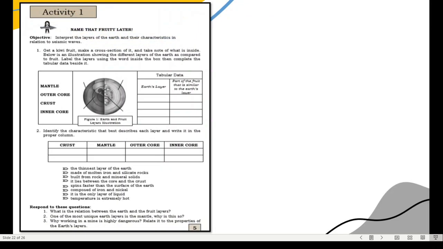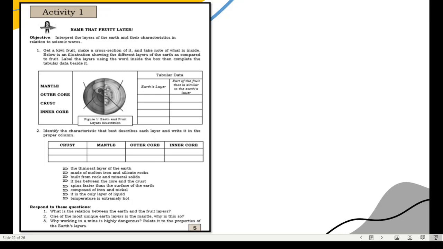Ayun. So, let's move on now to the activities. So, masasagutan nyo na yung activity natin. Activity 1, name that fruity layer. So, dito, i-compare lang natin yung Earth's interior sa laman loob ng isang kiwi fruit. Then, sagutan nyo yung tabular data doon kung anong part ng kiwi fruit yung maihahalin tulad sa crust, mantle, inner,